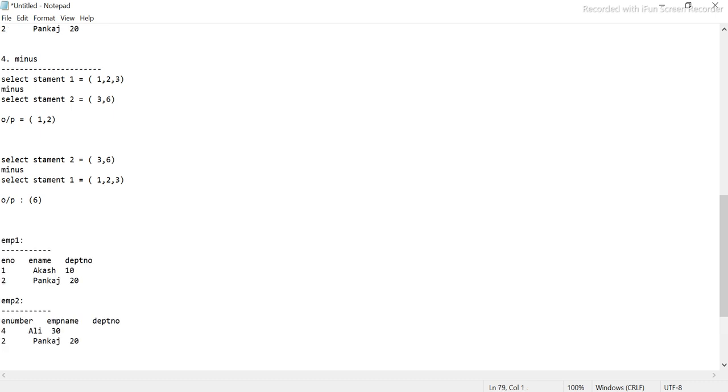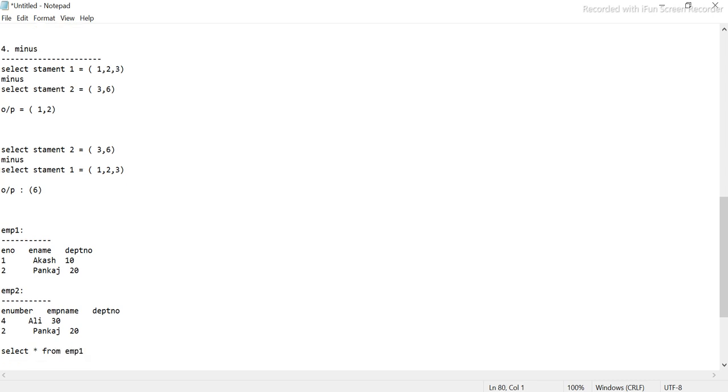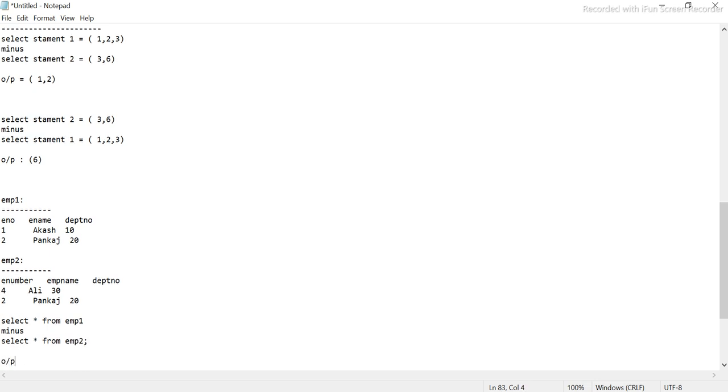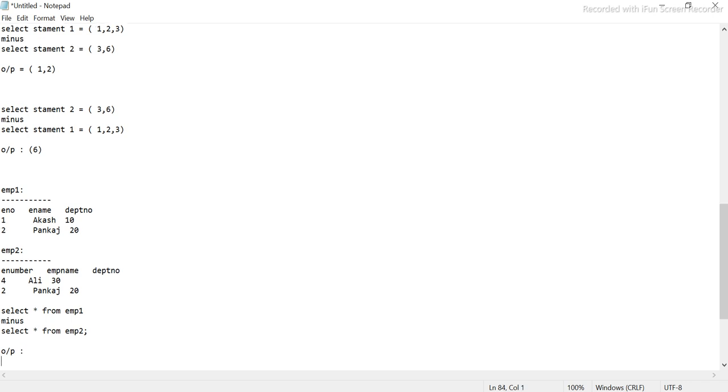Now, when I say select star from EMP1 minus select star from EMP2, what should the output be? Can you guess? EMP1 has 1 Akash 10, 2 Pankaj 20.